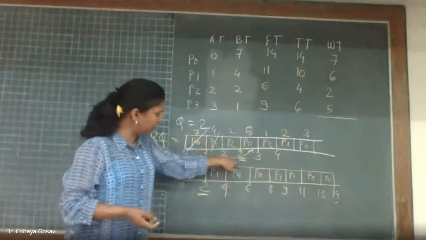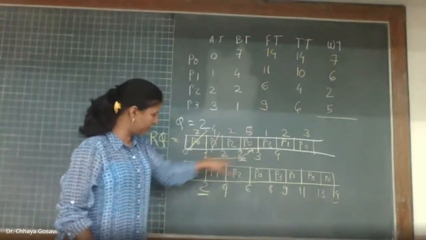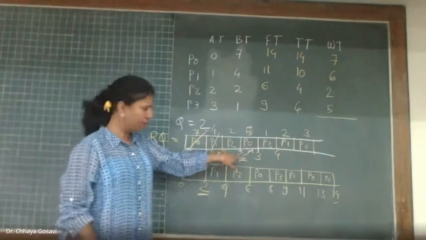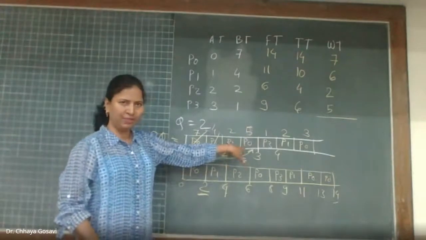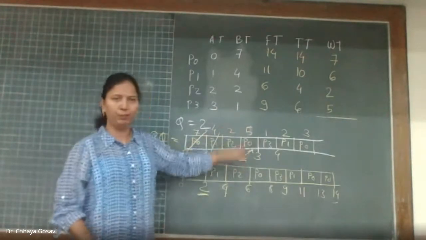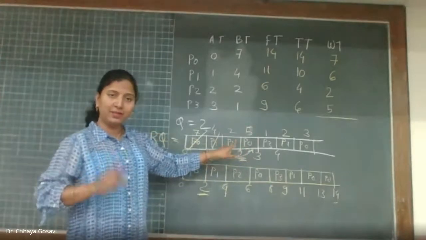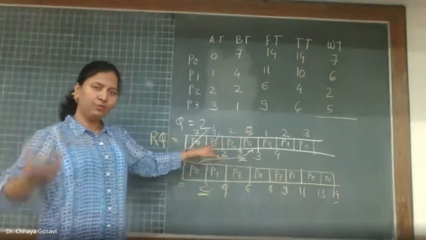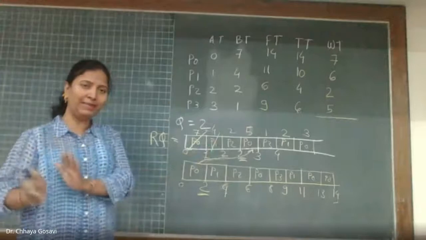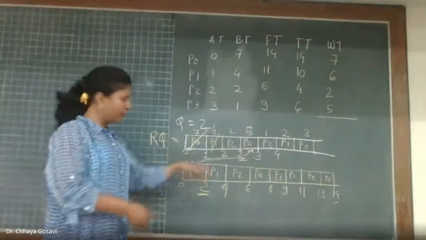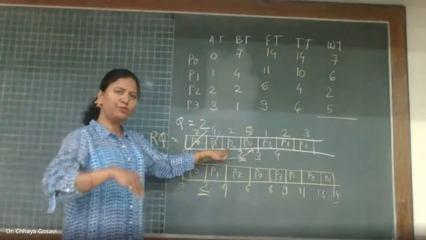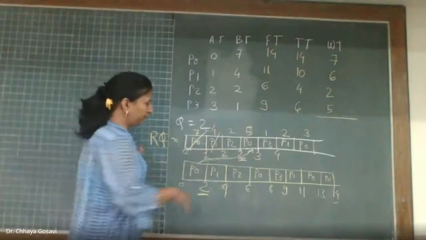Even though P2 arrived at 2 and P0 has to preempt at 2, this sequence matters. You should not schedule P0 before P2. The reason is P0 has to save its state and do some formalities before leaving the CPU, and P2 is directly coming from new state to ready state. Then